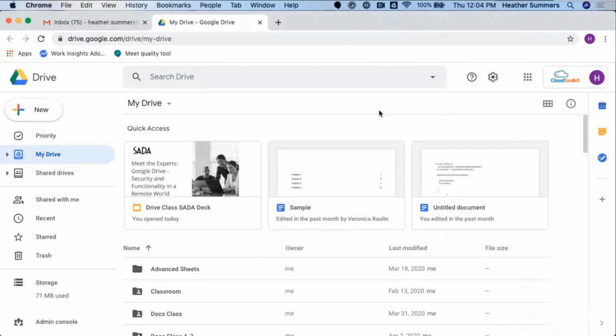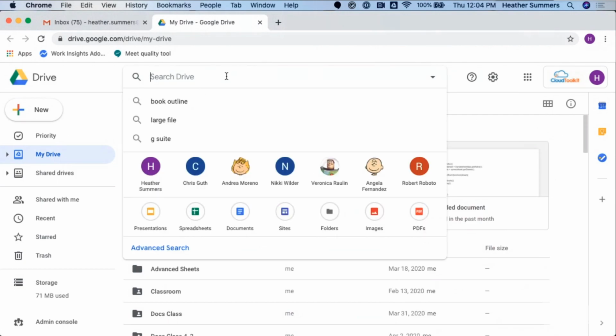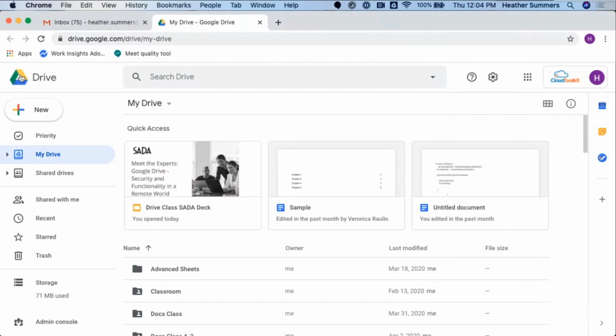Everything except our shared drive, which is only available to our G Suite Basic and G Suite Business, Education, and Government clients. So here in the middle is our search, which we'll come back to. And then over here on the left is the Google Drive icon. Underneath that Google Drive icon, you're going to see the